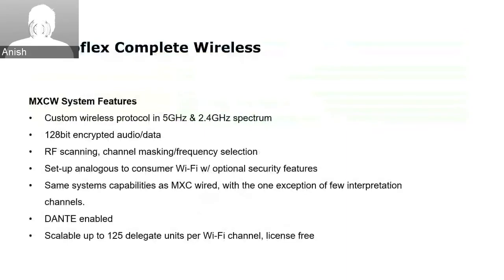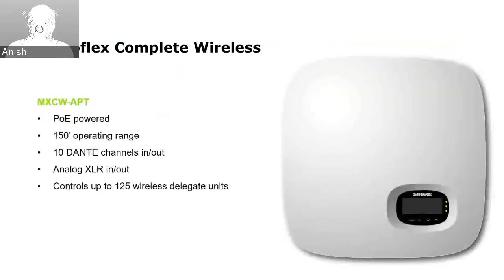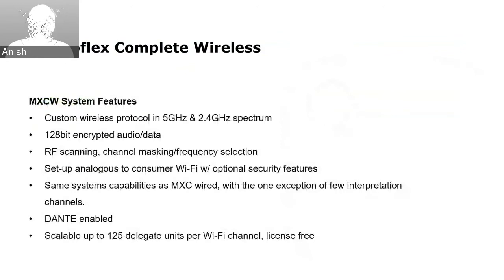So moving on, we are going to discuss the Microflex wireless transceiver and other components. It operates on a custom wireless protocol, which is in the 5 gigahertz and 2.4 gigahertz spectrum. So this is totally different from what you see in conventional products that operate in a similar range. It is not your typical wireless device. It uses the same platform, but it works only between our devices. And it offers 128-bit encrypted audio, video, and data,